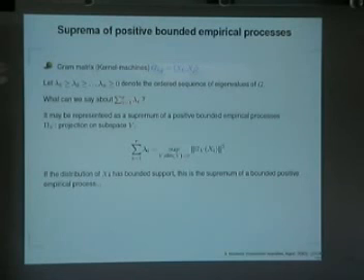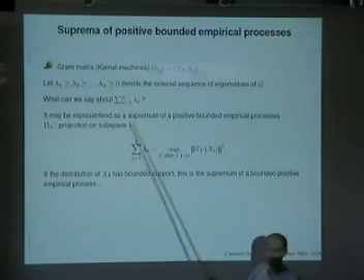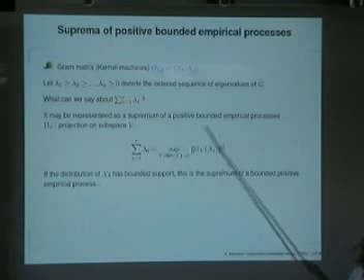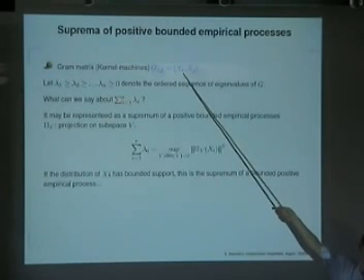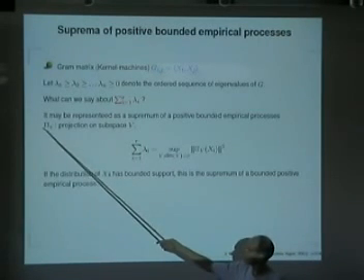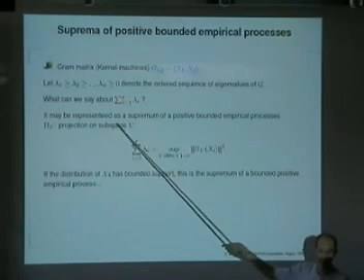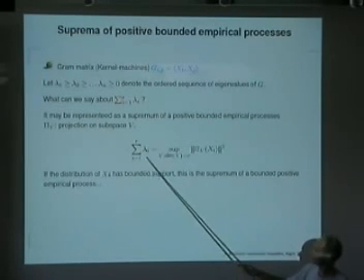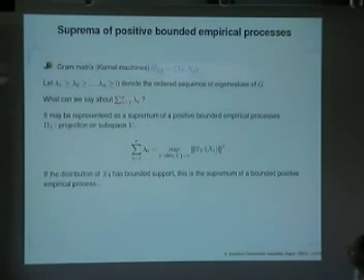In particular, to look at the first r eigenvalues. Nello Cristianini and John Shawe-Taylor had the idea that it can be represented as a supremum of a positive bounded empirical process if the distribution of the xi's has bounded support. Actually, we should define phi p as the orthogonal projection on a subspace V. The sum of the first r largest eigenvalues may be represented as the sup